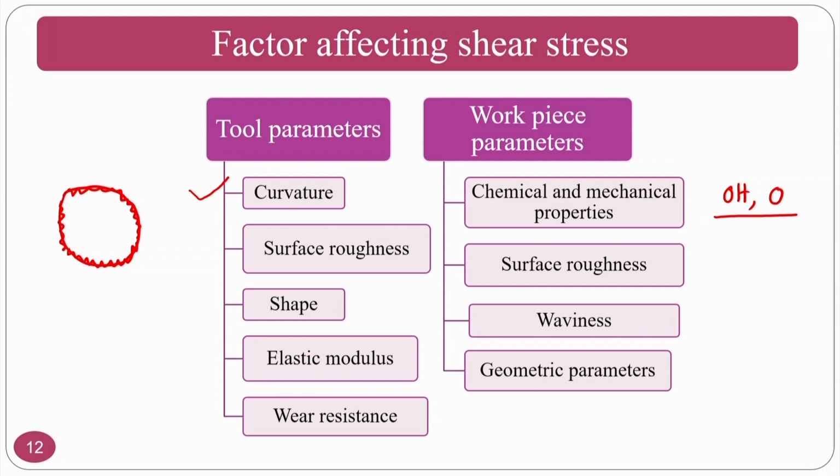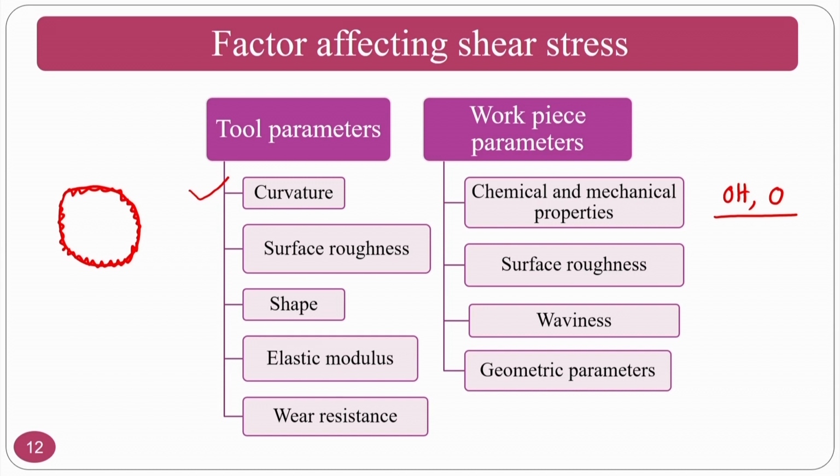The surface roughness, the initial surface roughness should be good, so that the final surface roughness can be achieved at the earliest possible. That means if you have a surface roughness of 1 micron and your final surface roughness is 1 Angstrom, then it will be a very big trouble to get that particular surface roughness. Okay. The waviness, as you have seen, the surface roughness is like this and waviness is like this. If you combine both, this is the profile roughness. So, waviness also should be maintained properly, because this particular sphere cannot correct the waviness.